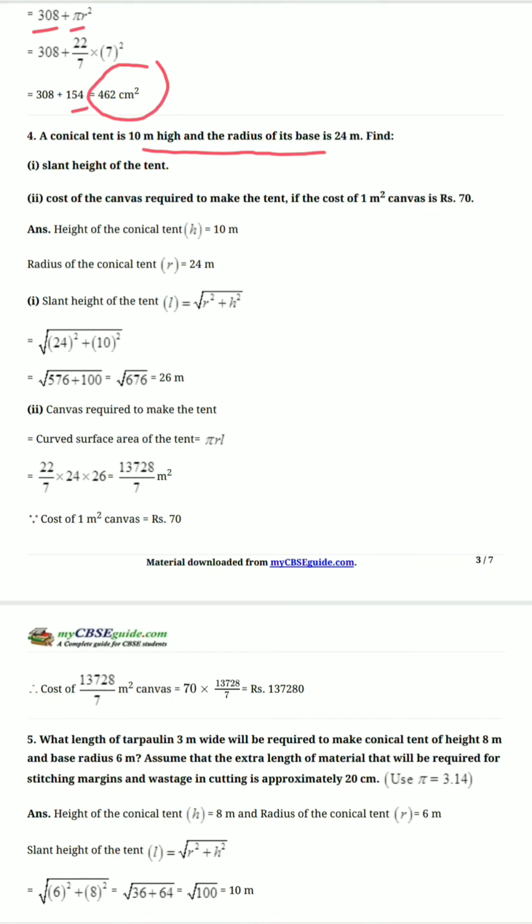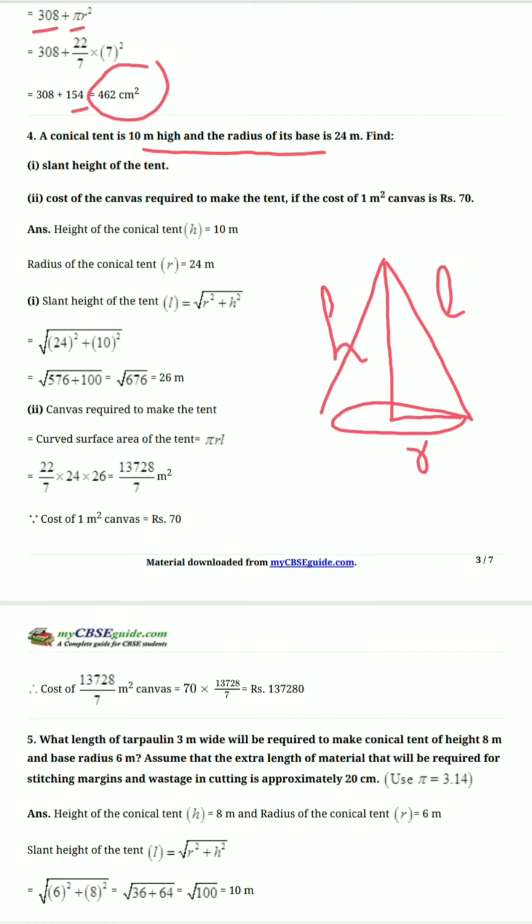Now see, if we see the shape of the cone, this is our slant height, and if we take the height like this and radius like this, so this is our height and this is our radius. Now radius and height make an angle of 90 degree. So we are getting a right angle triangle here, this one which we are darkening here. In this, the relation between L, H and R can be obtained with the help of Pythagoras theorem, and the relation is L square equals H square plus R square. This is the relation between L, H and R.